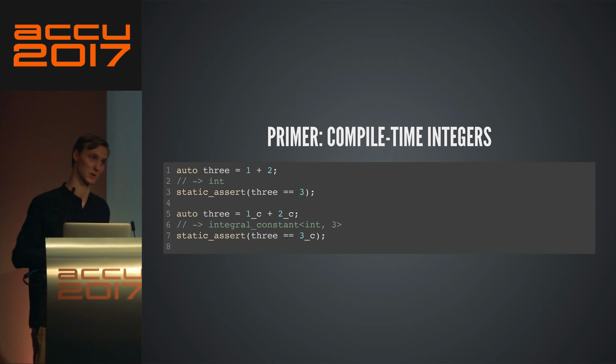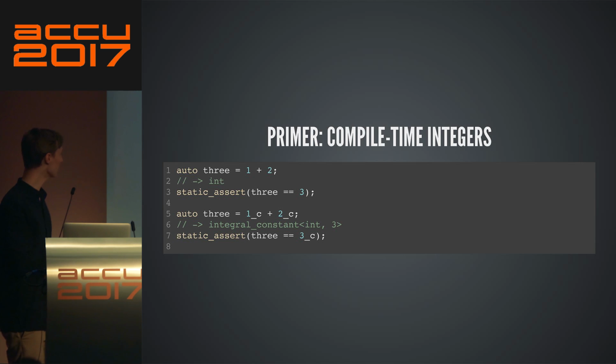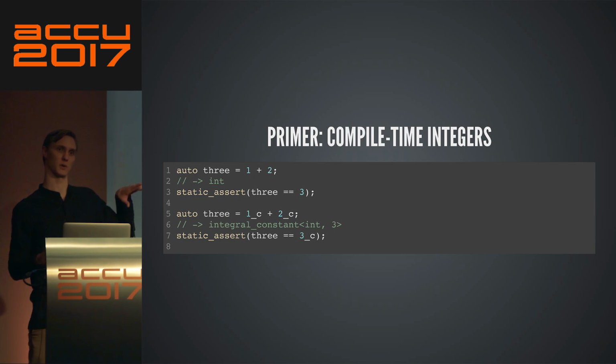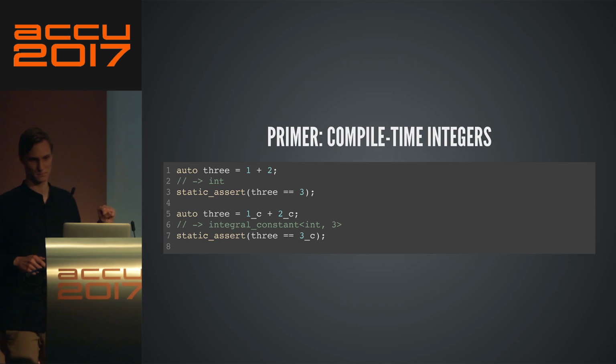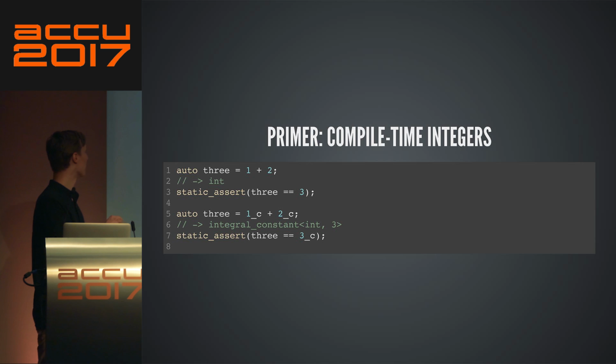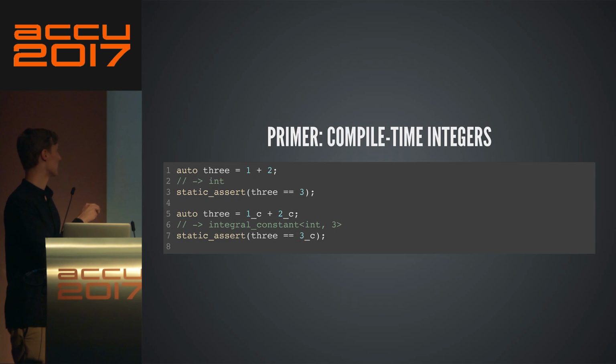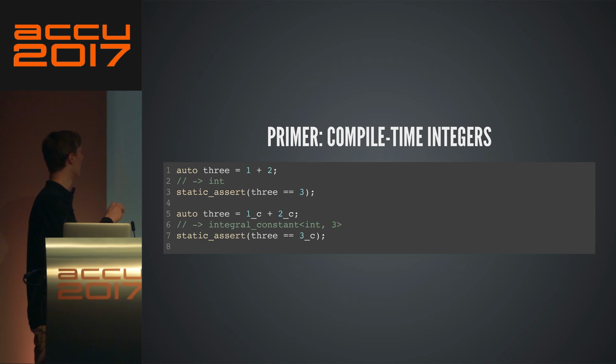This is actually part of the standard as of C++11, and I'm just going to take a slightly different way of implementing those. So here what we see is, if I just say 1 plus 2, obviously I get an int. Everybody agrees with that, hopefully. Then actually, here I need constexpr, I can't do static_assert otherwise. So if I say constexpr auto three = 1 plus 2, three is an int, and I can static_assert that three is equal to 3. Everybody's good with this, I hope.